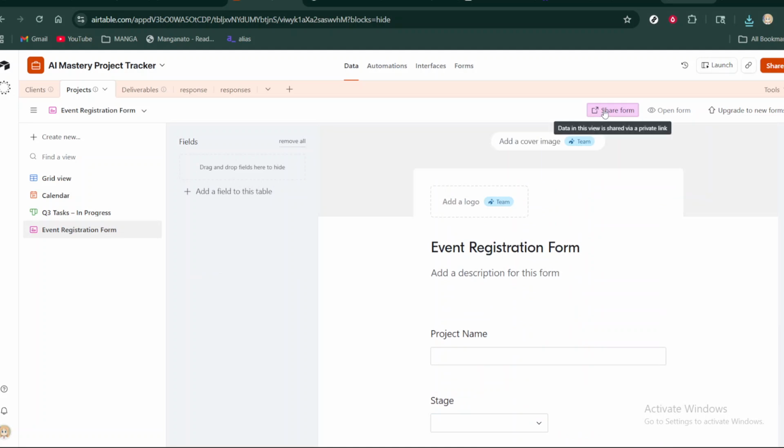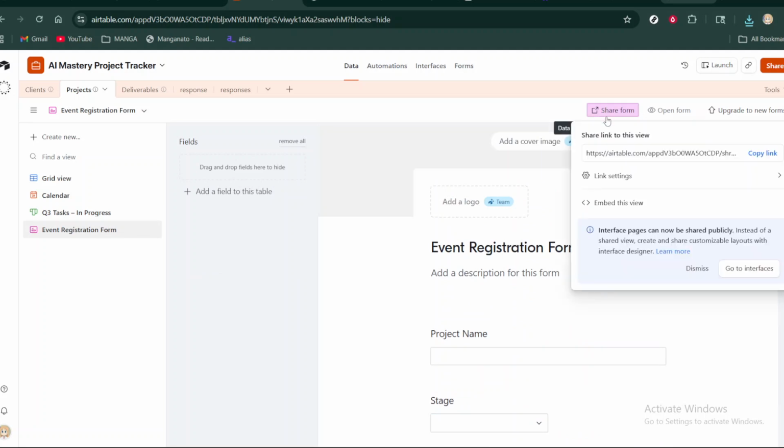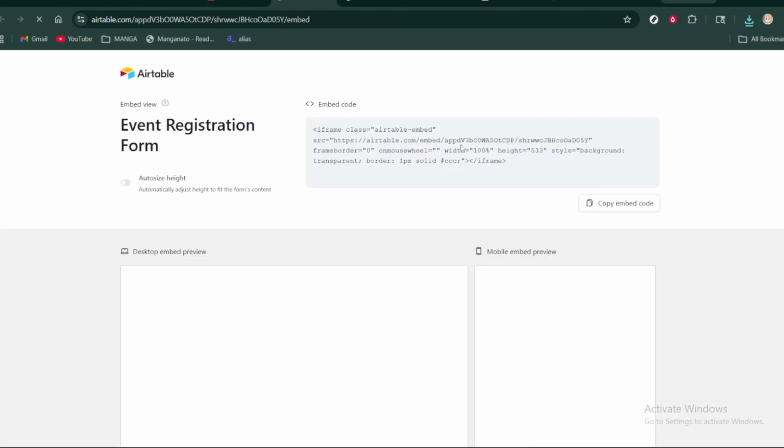Next, look for the Share Form option in the Forms toolbar. This is where Airtable provides everything you need to publish your form externally. In the Share dialog, choose Embed if you see it. The Embed option gives you a small snippet of code, usually an iframe, that's designed to drop directly into a